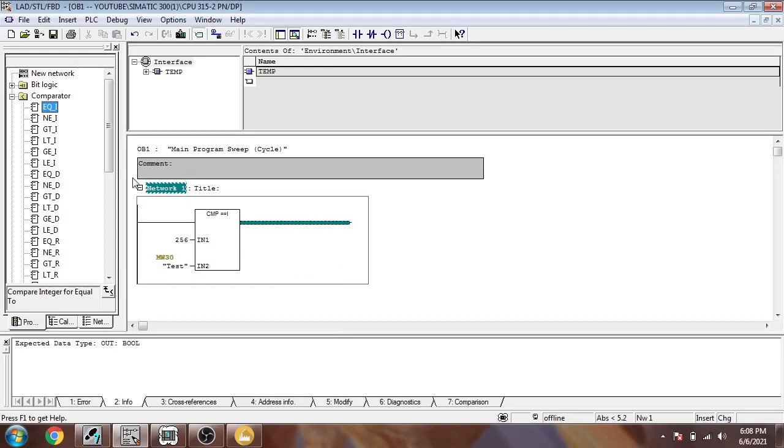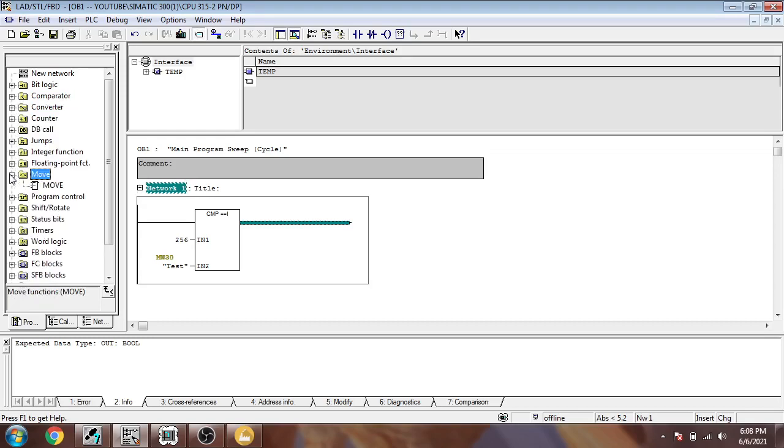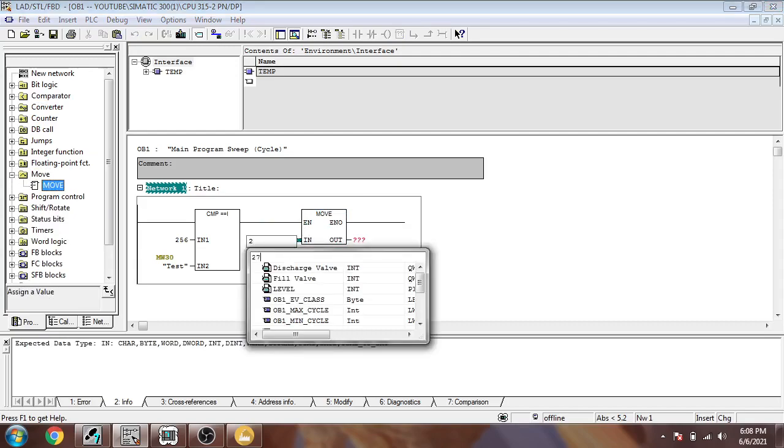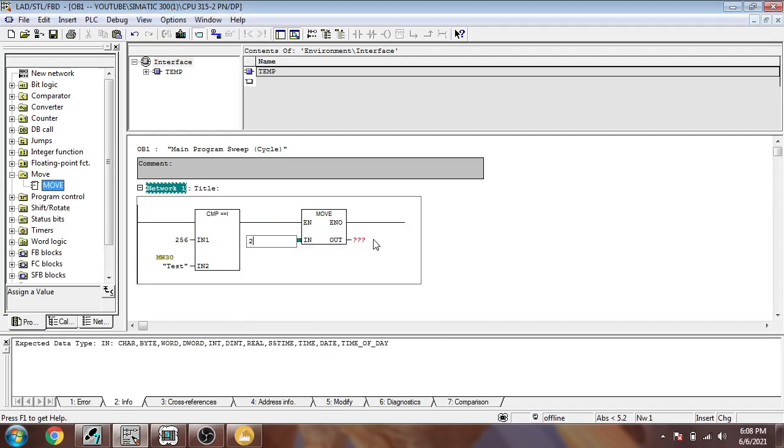And now I am using the move command, and I am using 27648, which is our whole analog output value.